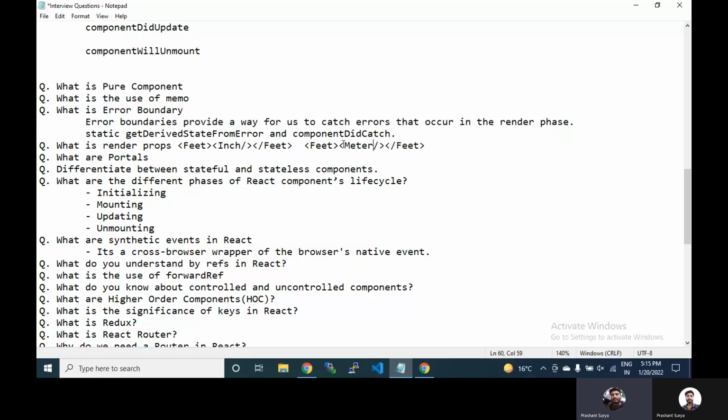And we use the render props here. The rendered value will also be used; whatever value you have to use, you can pass it here and use it here. So this is basically how to use and how we use render props.